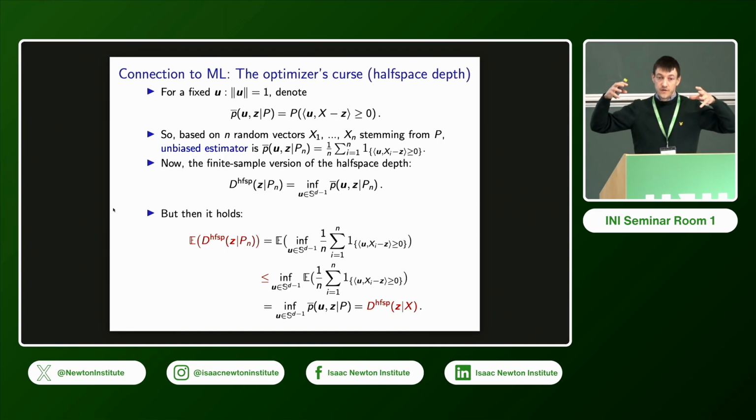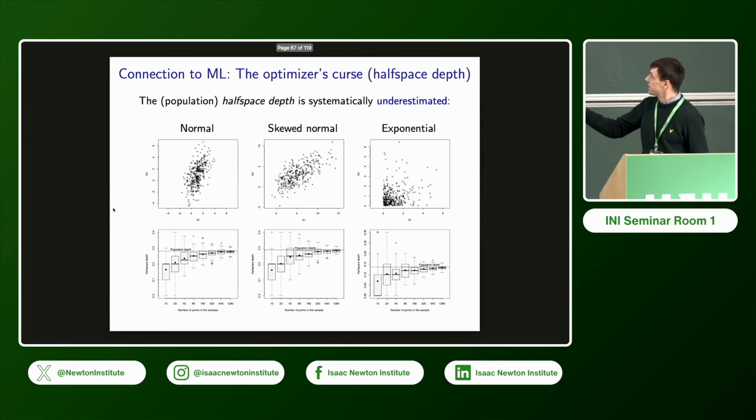It's just because we overfit some parameters, our vector u, to some particular data set. And one can easily sample it for 3 distributions. You see that, depending on the size from 10 to 1280, these are the median and mean, the points are mean and median, and these are box plots of the values of the empirically calculated depth function. So there are 2 interesting aspects. First, it gives a nice connection to machine learning, because the half-space depths can be represented as a sum of